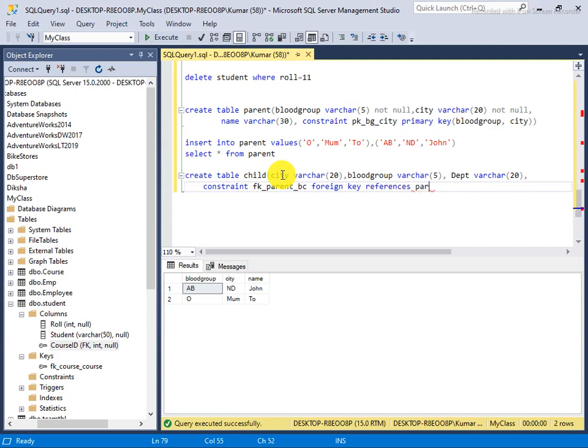So I am saying it's the parent table, so give its name, which is blood group and city.